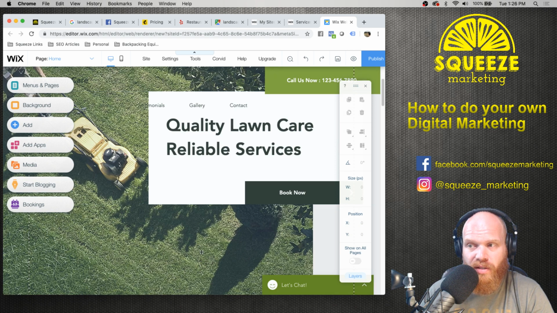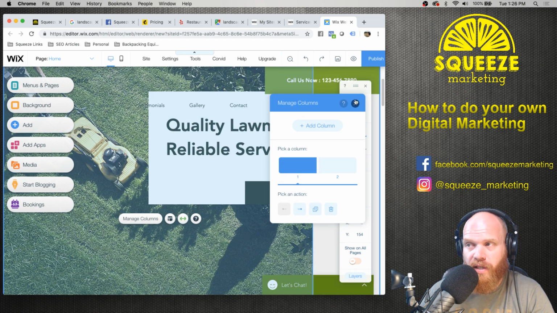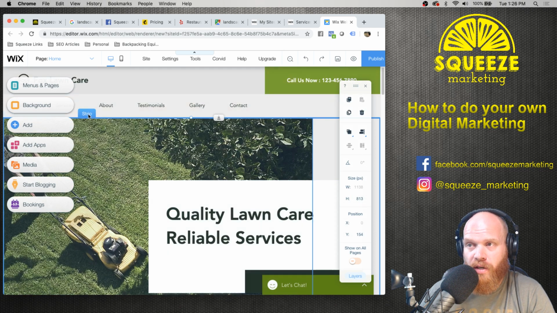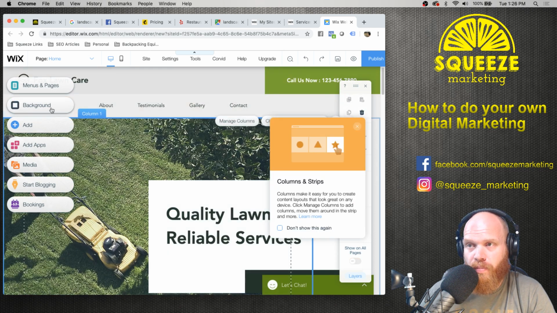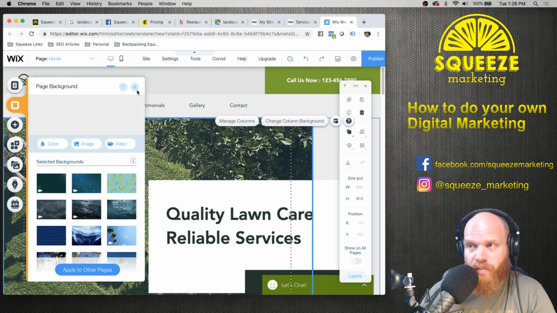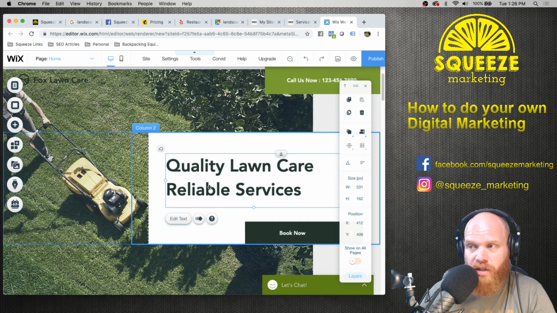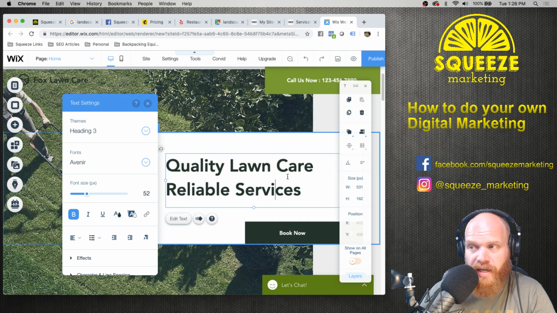And the way you start to modify things is you just double click, and you're looking at managing the different columns here, the strip, the background. You can pick different backgrounds. You can go in and just click on these things and immediately be able to edit the text.